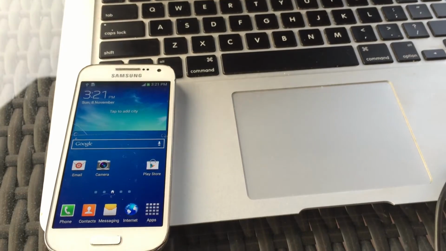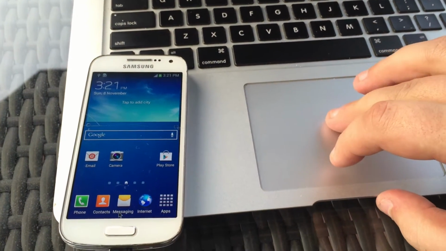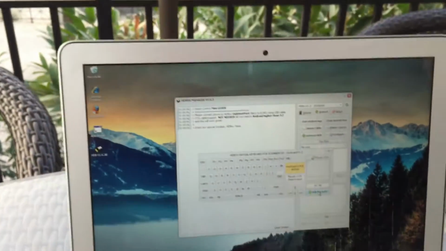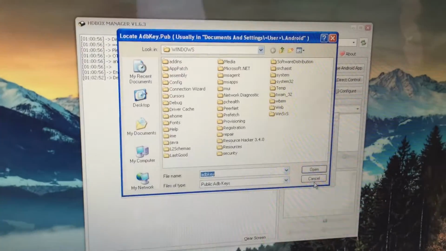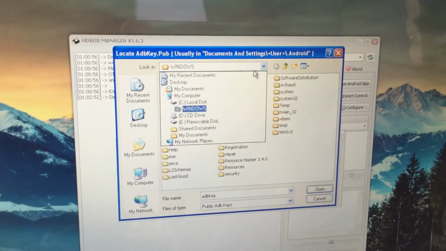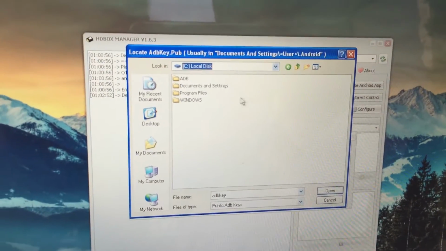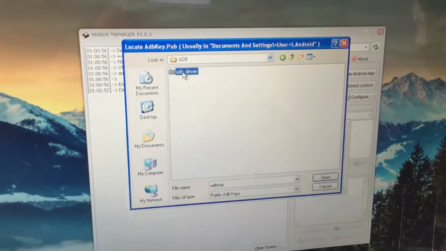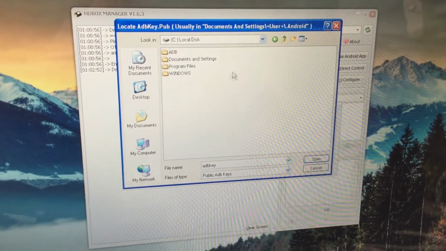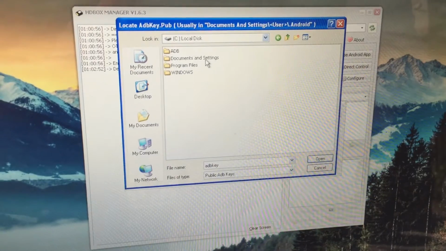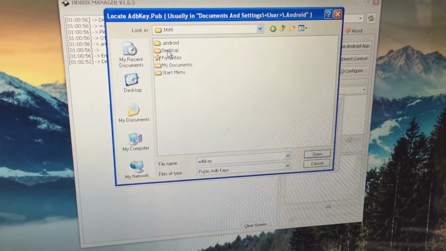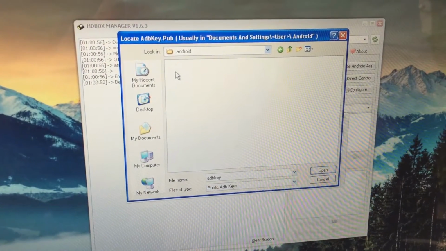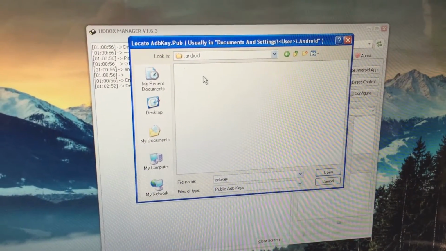Now, because this phone has Android 4.3, I'm going to show you the second option, which is very good. We call it ADB pre-authentication. What this option does is send your computer's public key, the ADB public key, to the phone. Usually this key is in Documents and Settings, username, .android, and here there should be a key named adbkey.pub, but